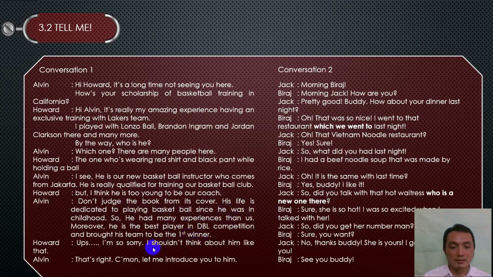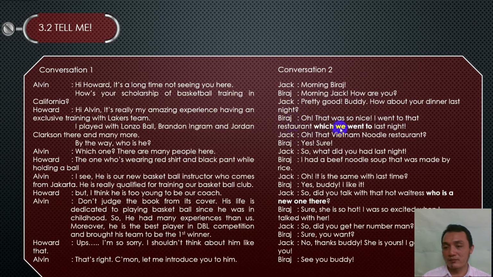And then you can search by yourself. And then here is conversation 2. Morning Jack, so I predicted body house. How about your dinner last night? That's a nice restaurant which we went to last night. Restaurant which we went. This is called an adjective clause as